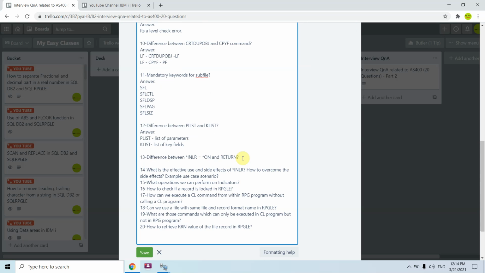Now this is an interesting question. Difference between INLR on and return.